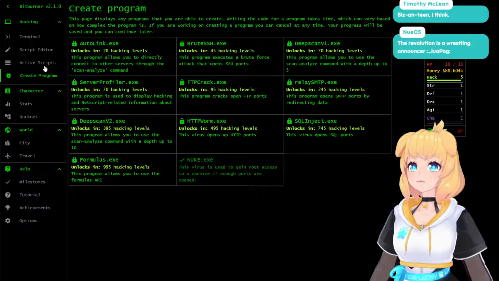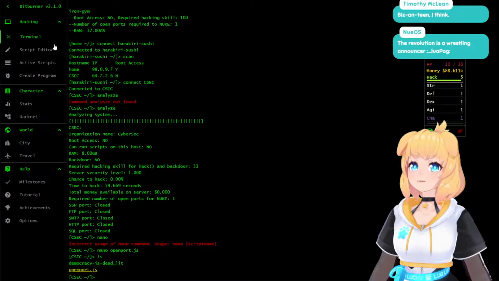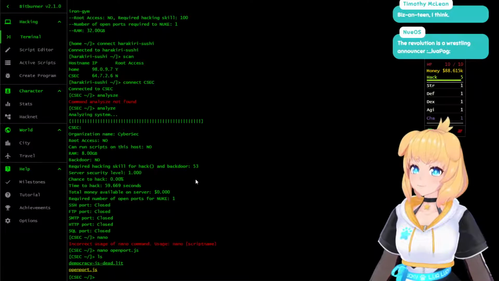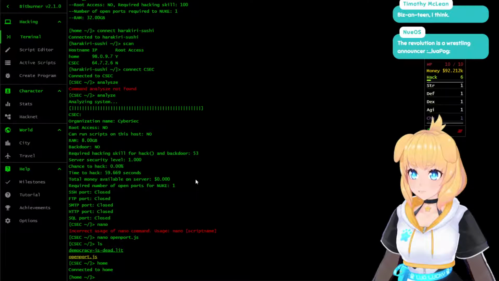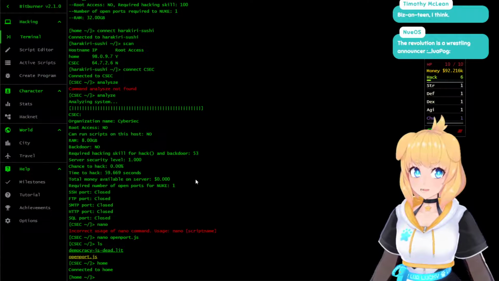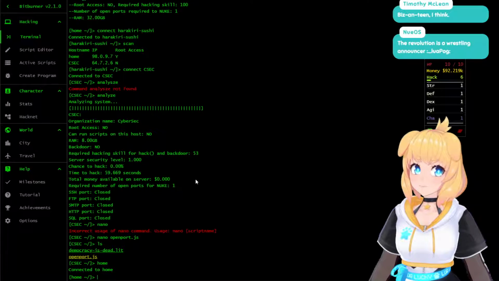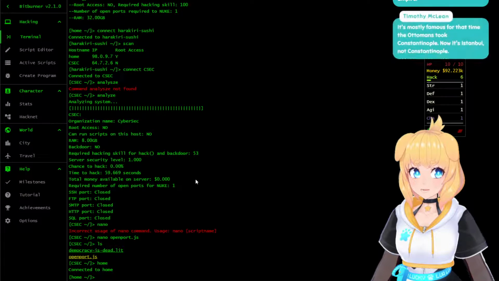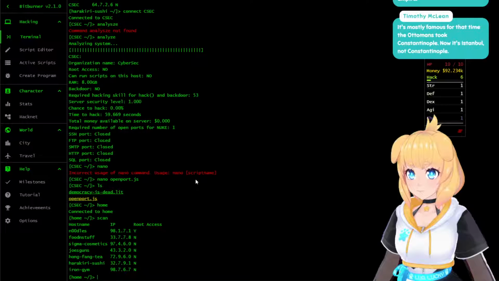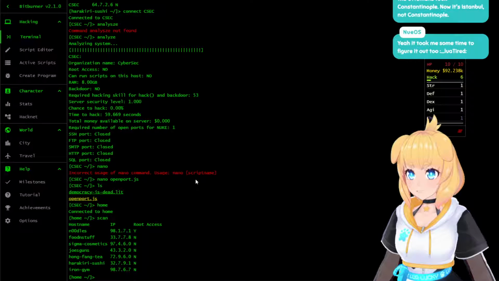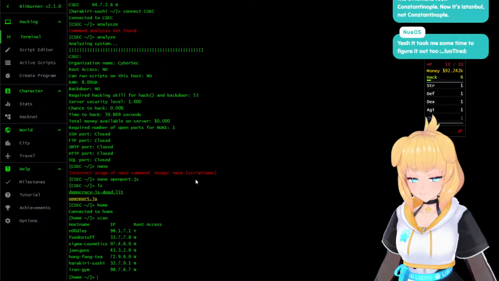See, if he would have at least taken me to the create program tab, then I would have understood what my objective was. How do I go home? Okay. I get it. I have to run a bunch of scripts to get my hacking level up really fast and high. I get it now. Okay, okay, okay. Nano, scan. Let's go to Sigma Cosmetics. I bet those Sigma males have a lot of Botox, so